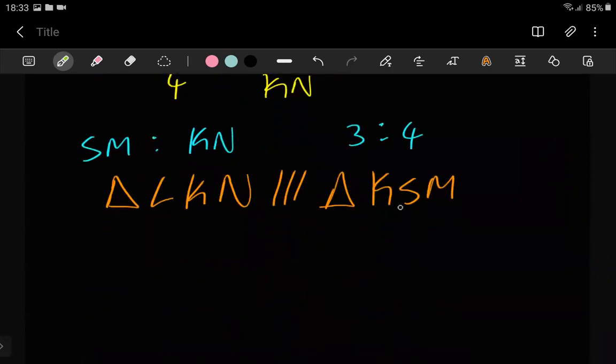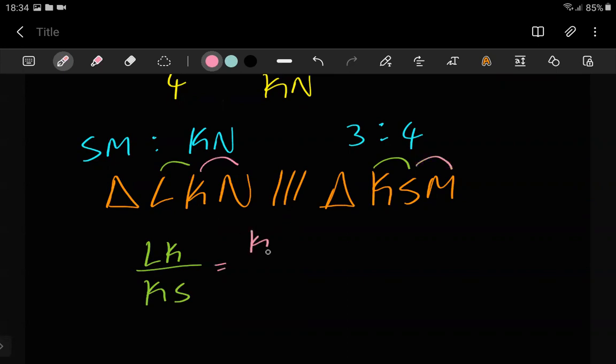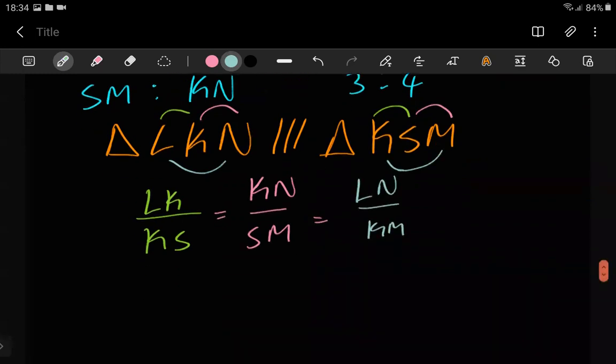As long as these are similar, right? We know that we can write out something like LK over KS is equal to KN over SM, which is also equal to LN over KM. Now, the reason for writing all this will just be